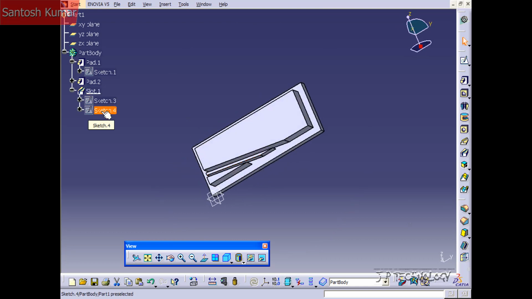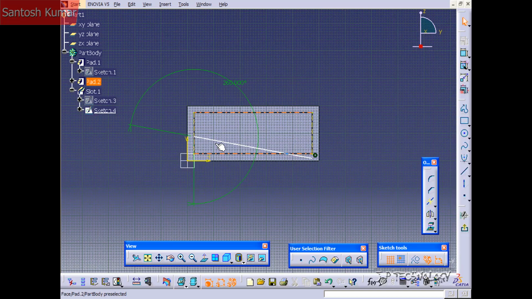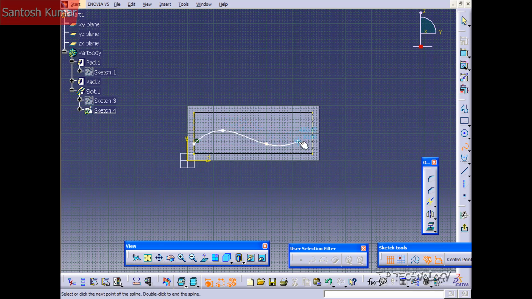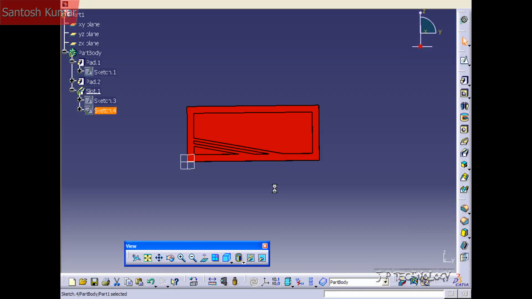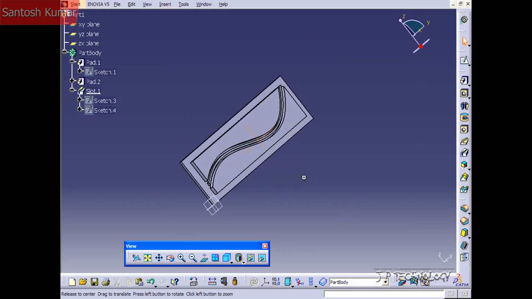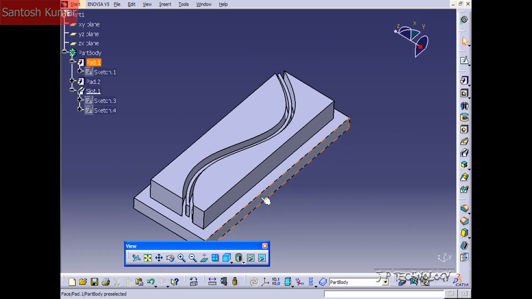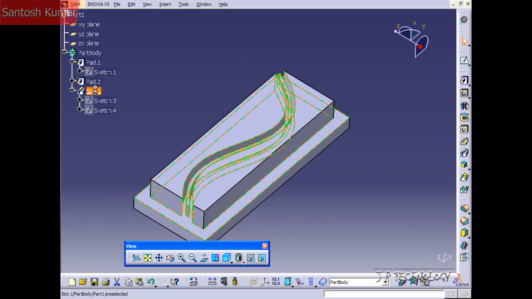Now let's go into this path one more time. Let's delete this line here. And let's put more of a curve, a more organic cut to it. So with the spline tool, just go and make a nice curve all the way around. And we'll go back, and it'll automatically go along that curve that we made for it. Now let's delete this slot,